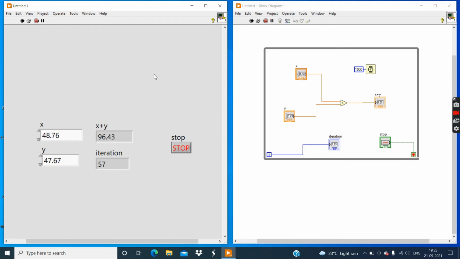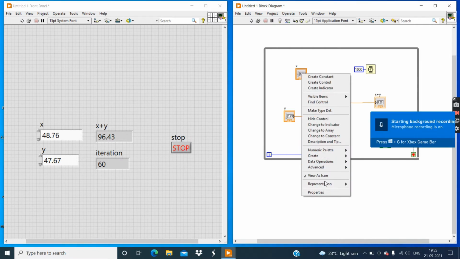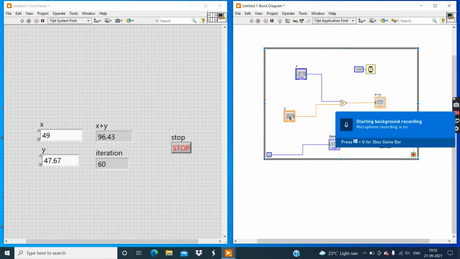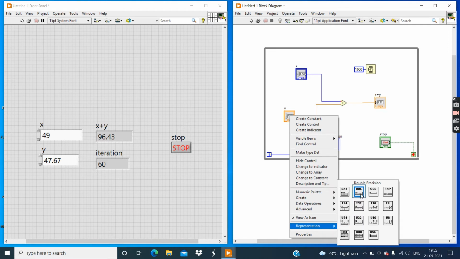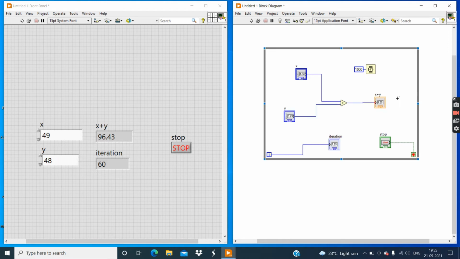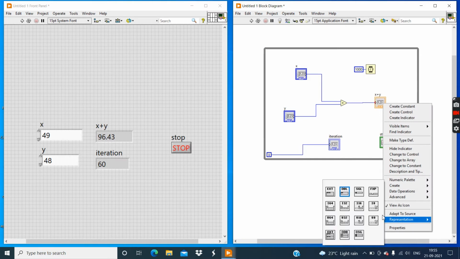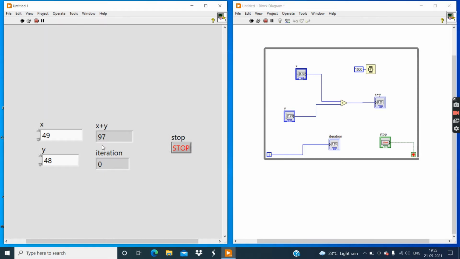Because right now the representation of these controllers is double data type. Now click on this stop button and change the representation of this X controller to integer. Similarly with this Y controller also change the representation from double to integer. Similarly with this indicator, I32, and then click on this run button.